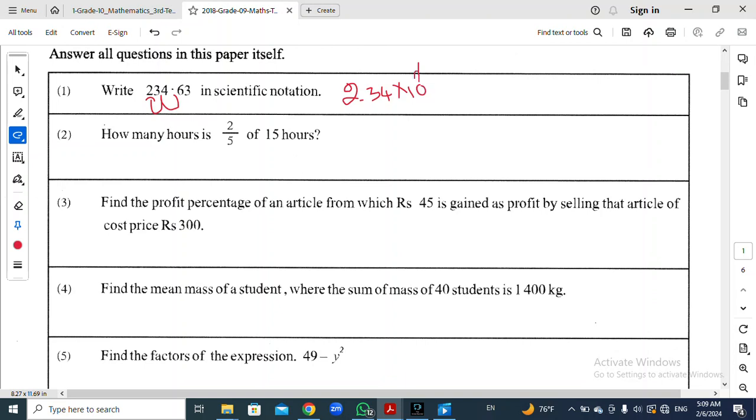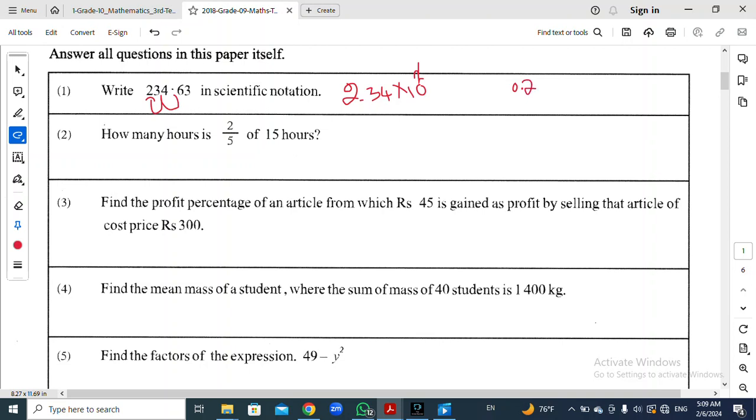Okay, no need to write plus 2 because normally we are using plus numbers. So this is the thing. If the decimal point is moving to this side, we have to put plus here. If the decimal point is moving to this side, we have to put minus. For example,